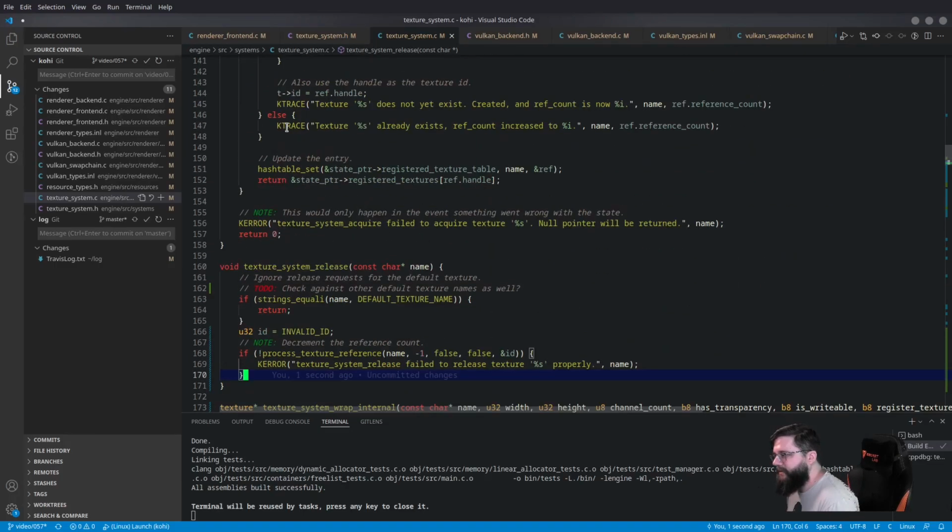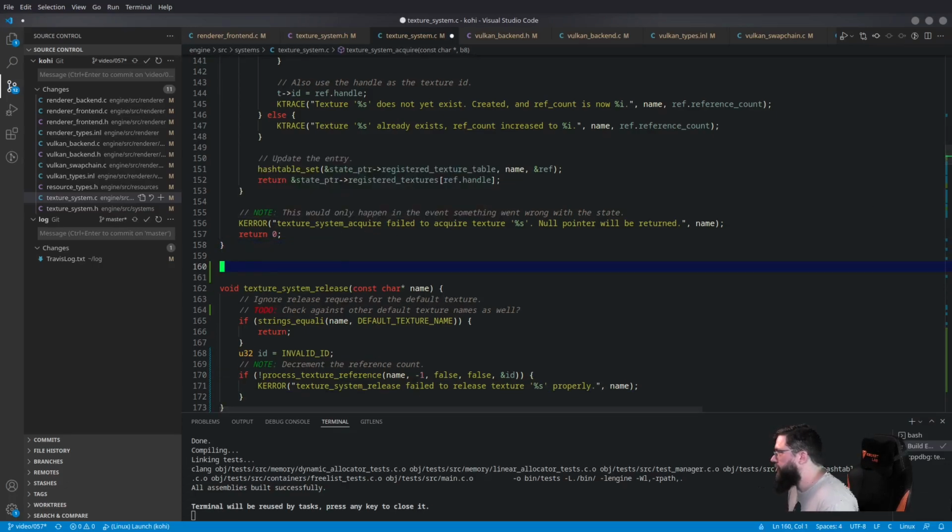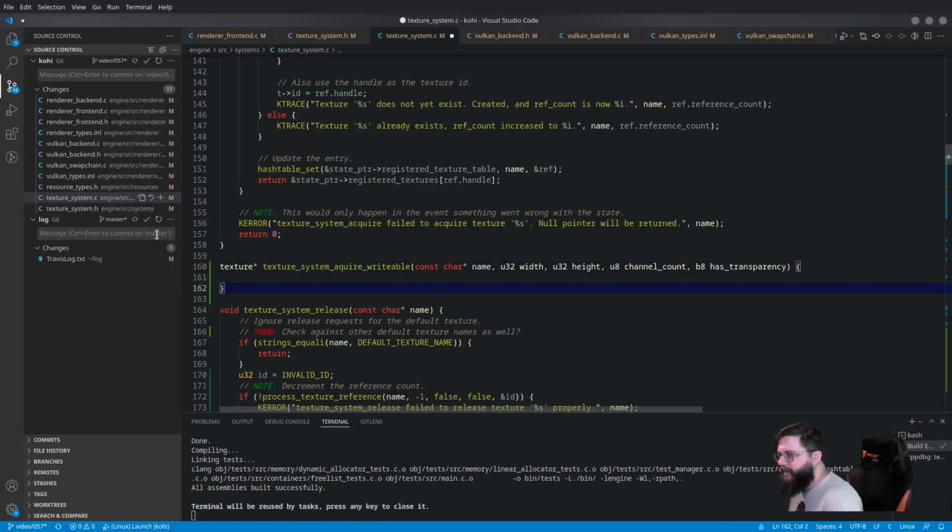In fact, let's go ahead and fill out the acquire writable because that's actually the last thing that we have to add in here. I think it makes sense to fill that out. So let's go ahead and put that right here. So we have our texture system acquire writable,